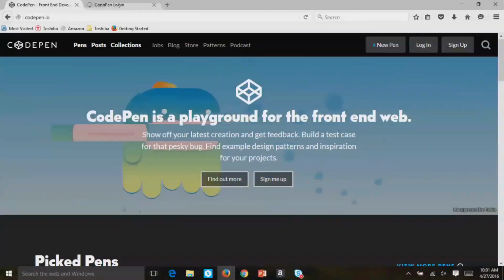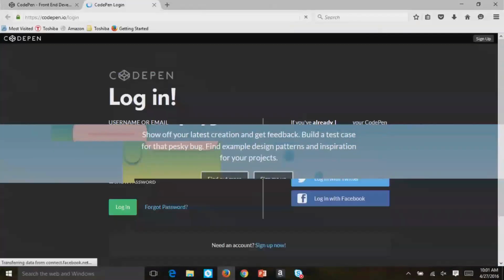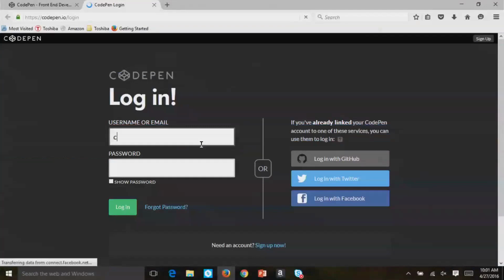So, I'm going to log in so I can show you the awesomeness of what is CodePen.